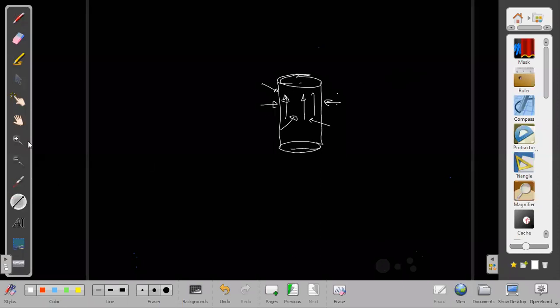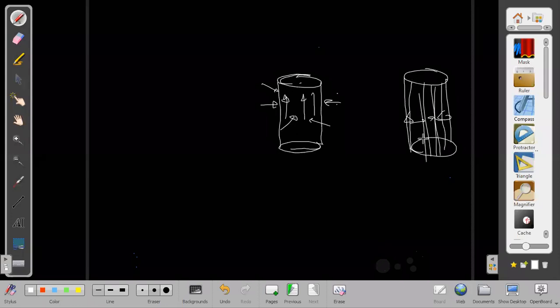We can think of this inward force in another way also. Directly we are able to understand, that is fine, but I can think that there are several tiny wires on this, and each wire is carrying current in the same direction. So the force acting between any two wires will be attractive. When we take all the wires on this cylindrical container, they will all be pulling each other inwards towards the center. Right or not? Attractive force. Okay. Have you understood the second way also? Yes, sir. Right.